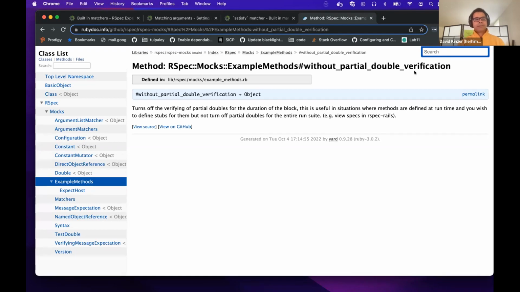And basically what that does is, whenever you create a mock for something, in newer versions of the mock library, whatever you're mocking has to exist inside the object that you're mocking. So if you're mocking a class called foo, and that class has a method called whatever, then it would be okay to test whatever. But if you try testing something that's not defined by that class,